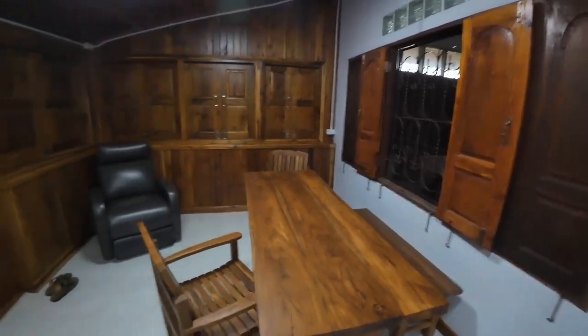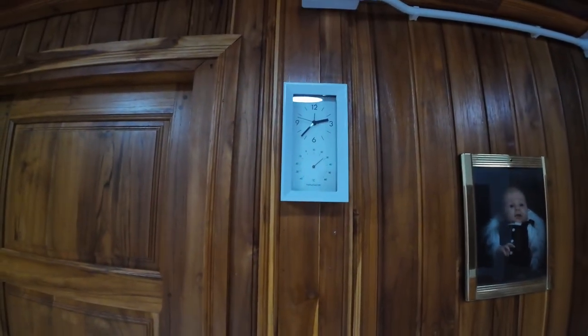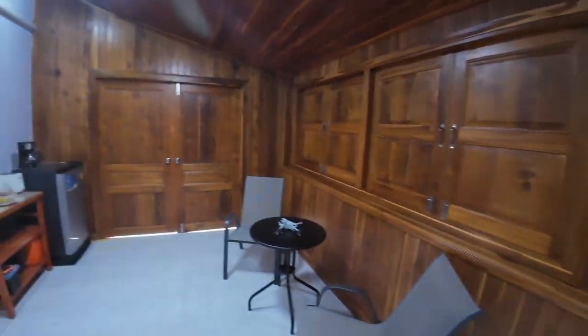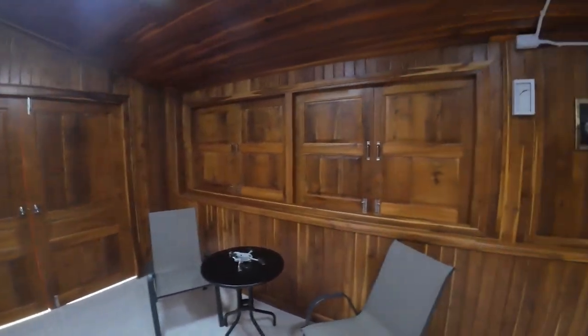We can sit quite nicely in here. It's 34 degrees out right now, and this here is saying it's 28 degrees in here. Not a big difference, but the big difference is of course humidity. It's removed the humidity and it's actually quite comfortable in here. At night when we go to bed, I open everything up and it's quite cool in the morning. So nice little